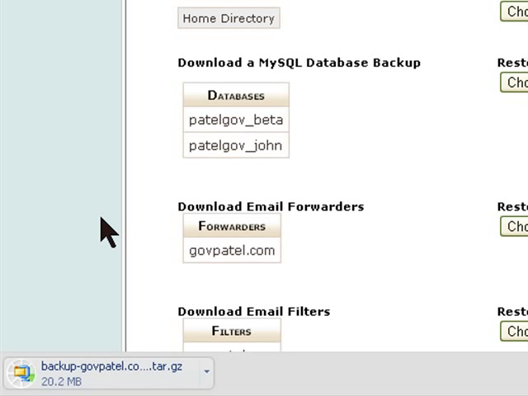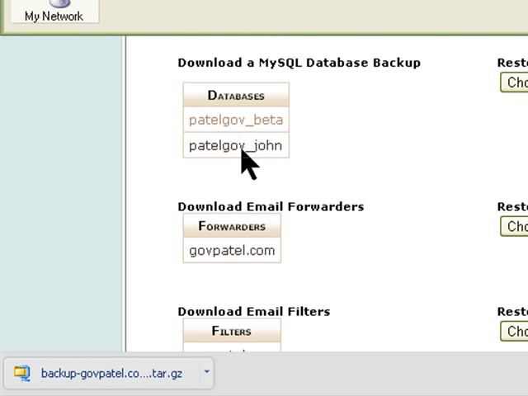Take a few minutes to save, so it's still saving the backup into my computer. Looks like it's finished. The other thing you need to do is back up your database, and click on database,